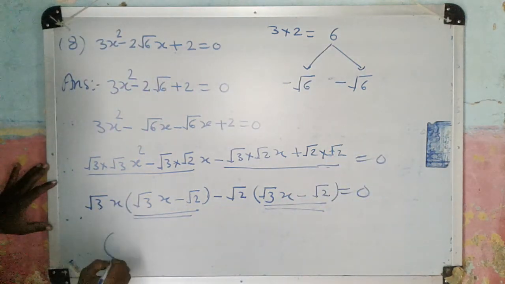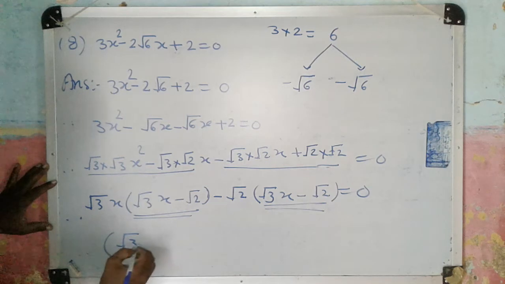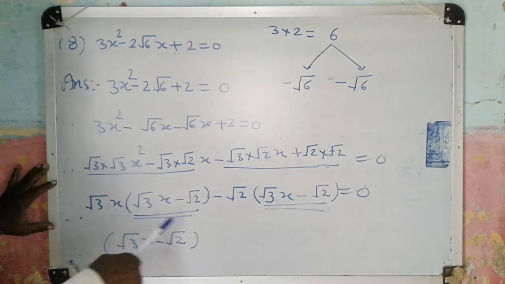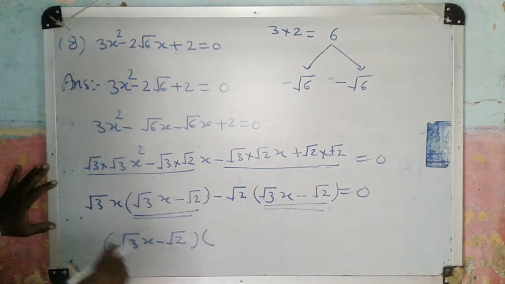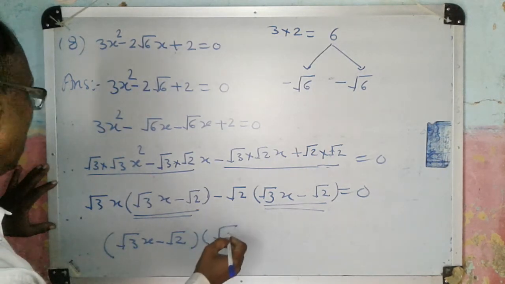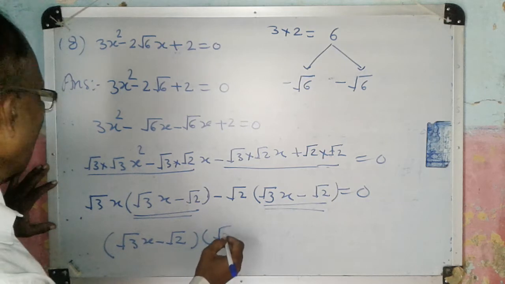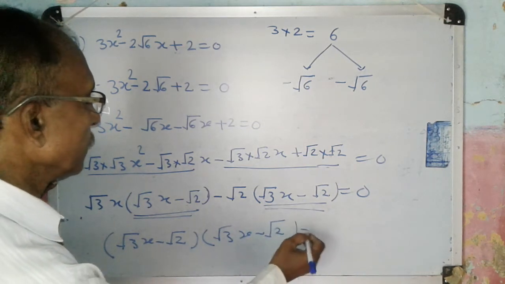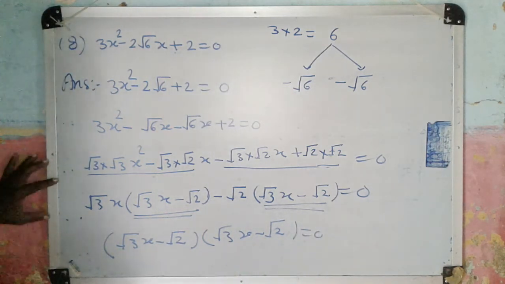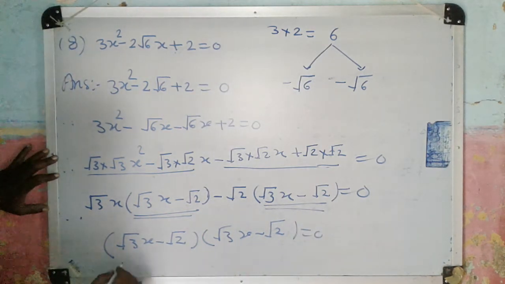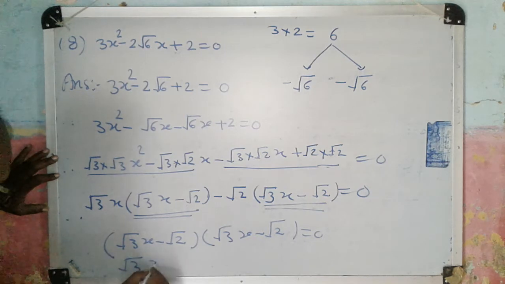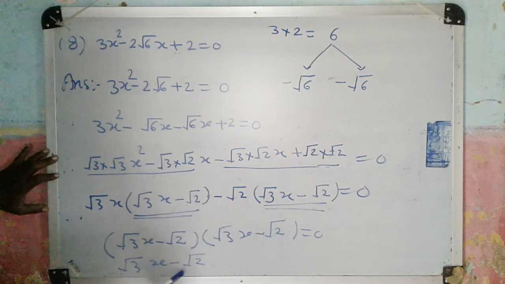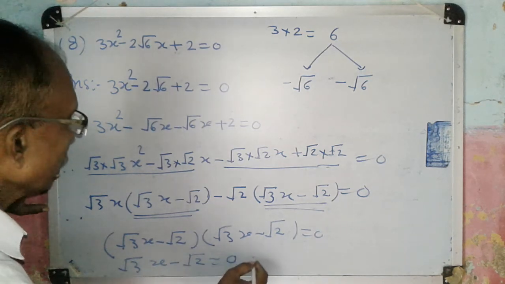And therefore root 3x minus root 2 is equal to 0, into another bracket, root 3x minus root 2 is equal to 0. That means root 3x minus root 2 is equal to 0 or